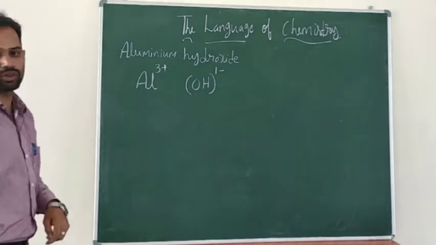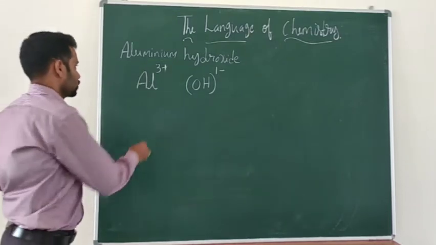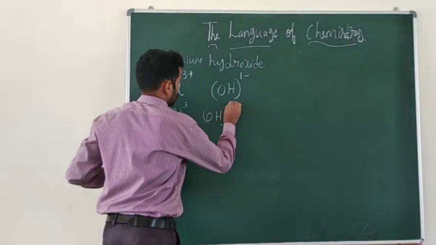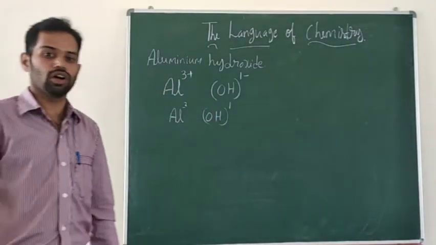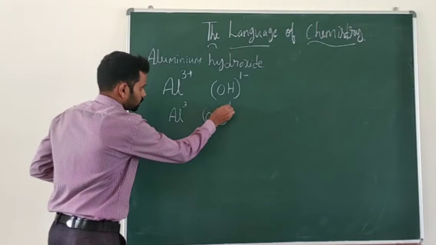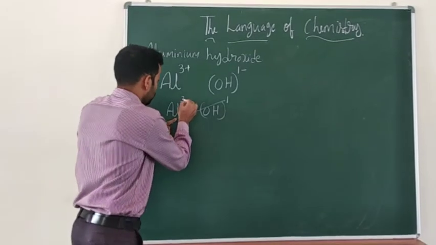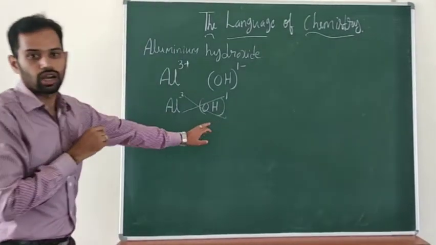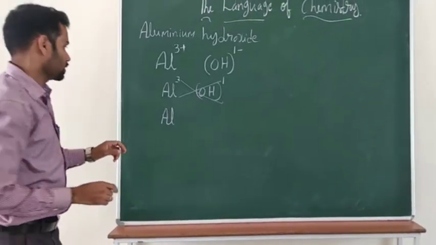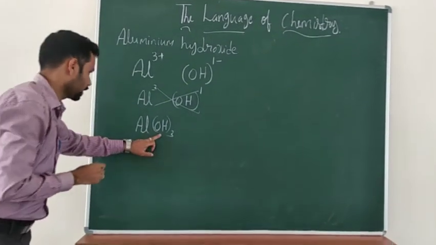Now what is the next step? We have to cancel out the signs. So we have to neglect the signs while writing the chemical formula. So neglect the signs. Al3, OH1. So then what is the next step? You have to cross multiply their valencies. It means the valency of hydroxide comes to the below of the aluminum and valency of aluminum goes to the below of the hydroxide. So now you can write the formula of aluminum hydroxide as Al(OH) thrice. You should write in the bracket.